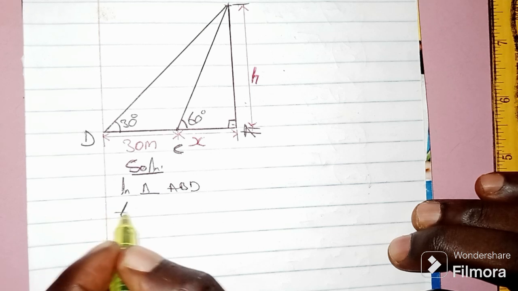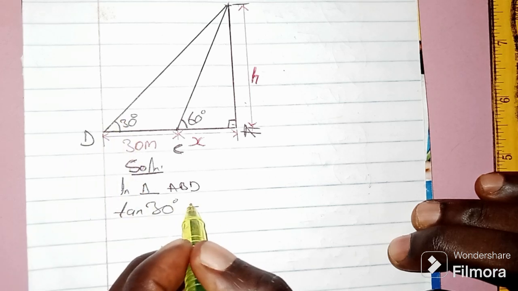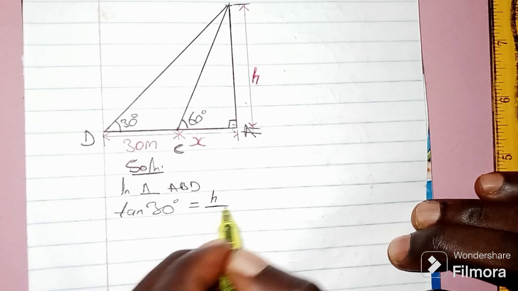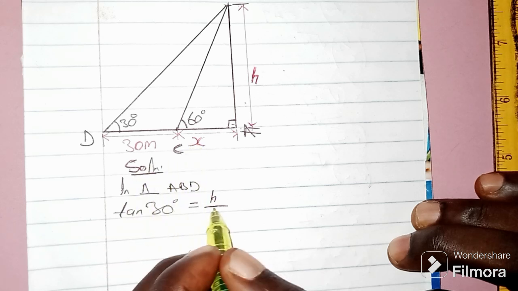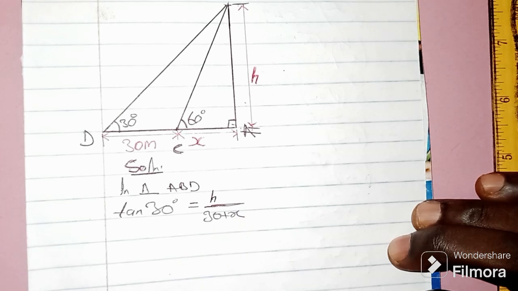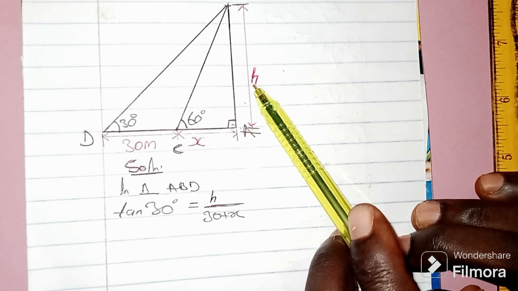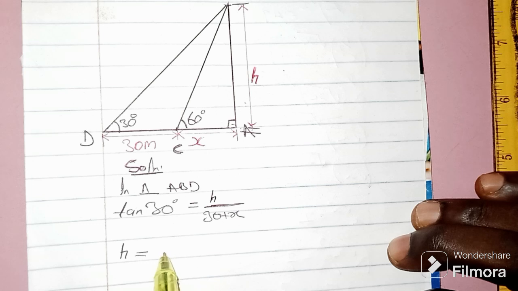So tan 30 degrees is equal to the opposite, which is h, that we are looking for, divided by the adjacent. Our adjacent is this 30 meters plus this, that means 30 plus x. Since I'm looking for h, I need to make h the subject of the formula. That means h is now going to be, tan 30 is 1 over root 3, going by our special triangles,